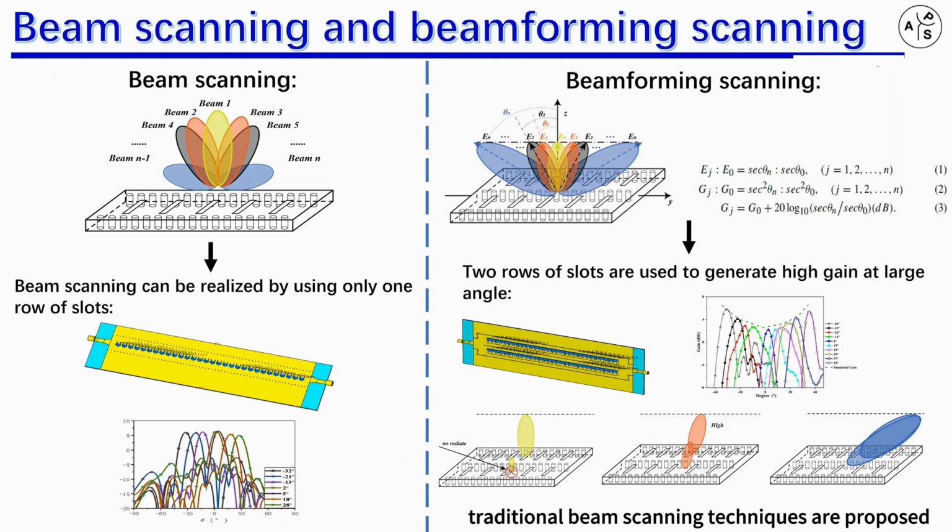However, traditional beam scanning techniques are proposed for far distance wave coverage and are not suitable for wave coverage in confined spaces or short distance regions, such as tunnels or long straight corridors, where constant field strength is expected when the antenna beam scans. Therefore, a new kind of antenna with the capability of cosecant squared beamforming scanning is proposed in this paper, which provides large gain at low elevation angle direction and small gain at high elevation angle direction when scanning, so the target can receive almost the same signal level when moving along a